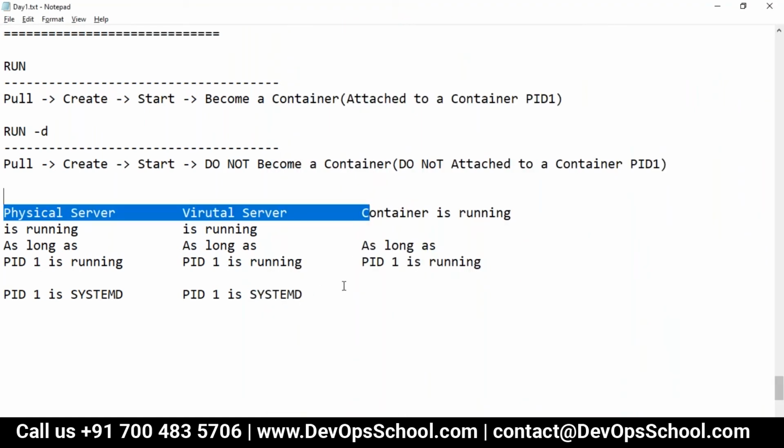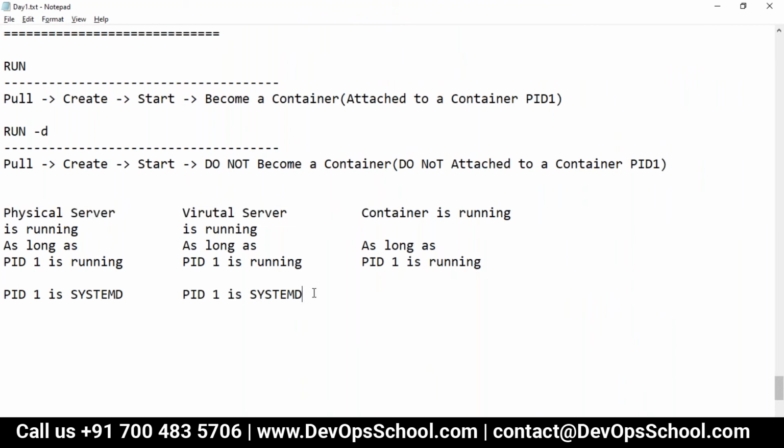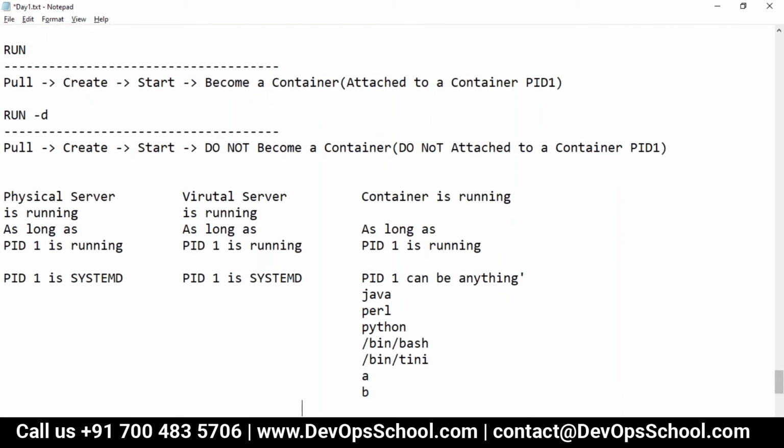But in case of a container, you know what? Here PID 1 can be anything. When I say anything, I mean anything. It can be Java, Perl, Python, bin bash, tini. Yes, tini, we just had it, right? It can be A, B, C. It can be any executable.